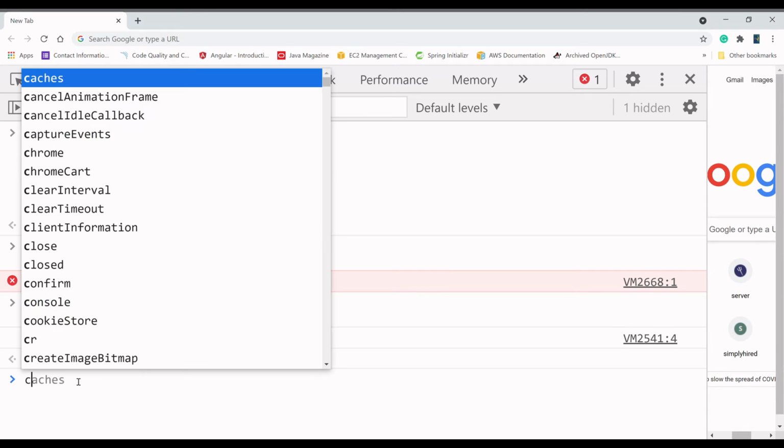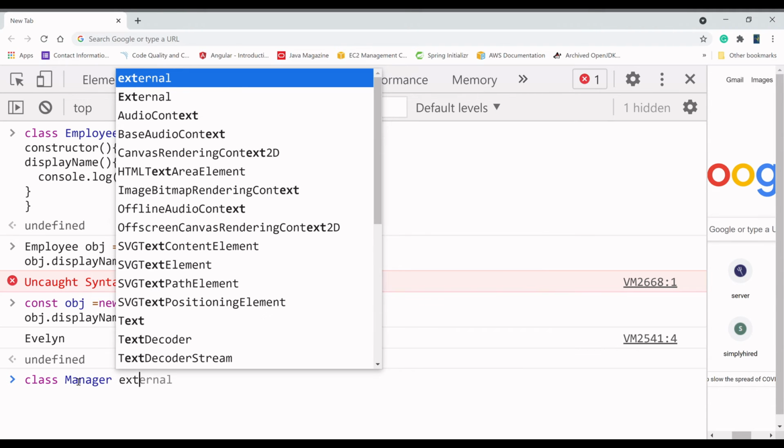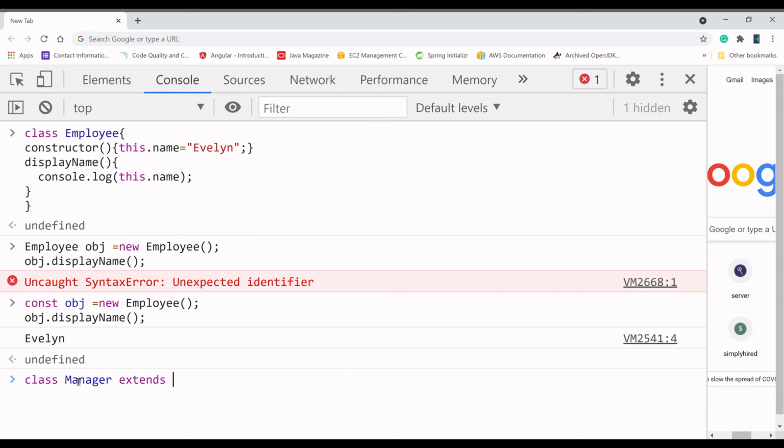If we have a class now, class Manager, right, and it wants to extend Employee, right? So what does it have to do? It has to write a constructor, right? Constructor, and in the constructor body,